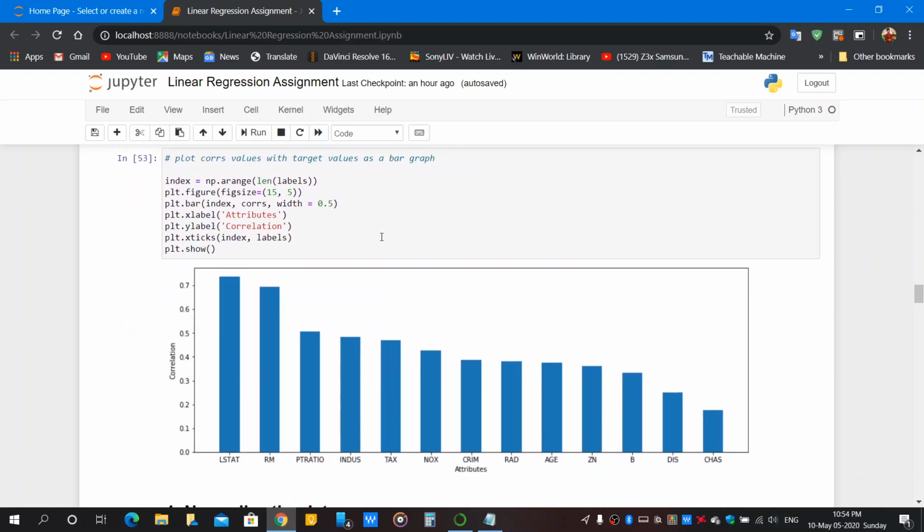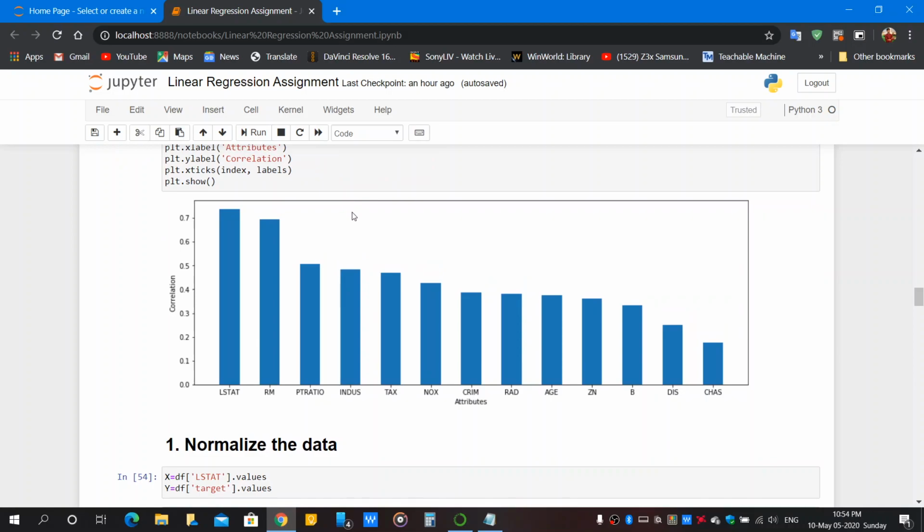Now we plot the correlation value with the target's value as a bar graph. And here we can observe that the attribute LSTAT, that is the lower status percentage of the population, has the maximum correlation at about 0.7, and the attribute CHAS has the minimum correlation with the target value.